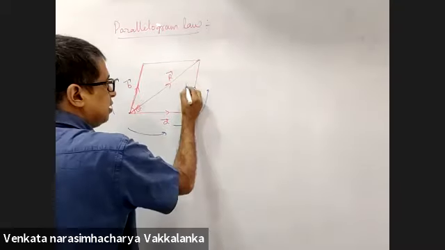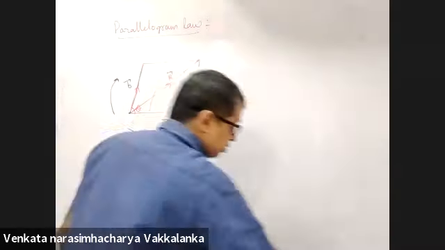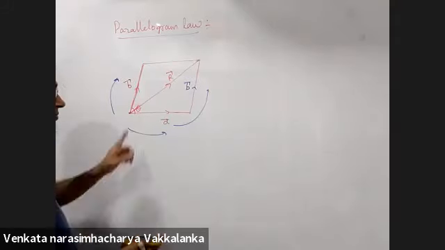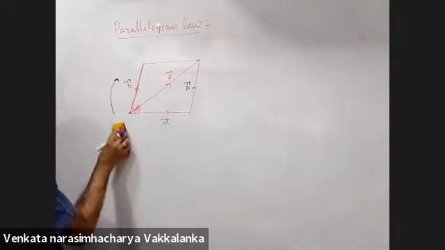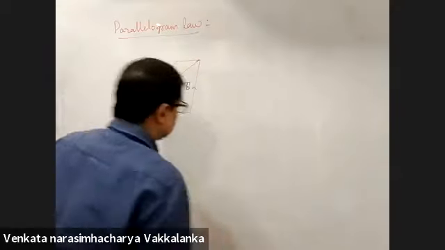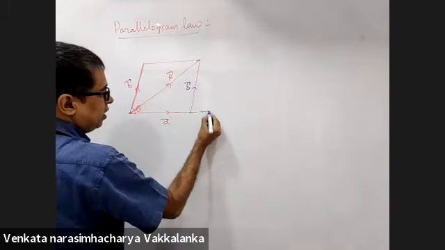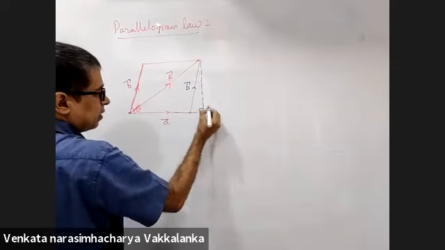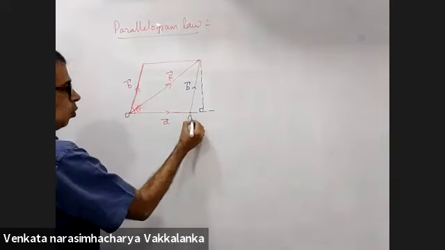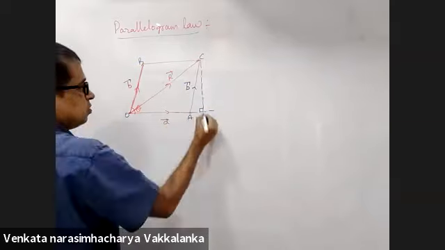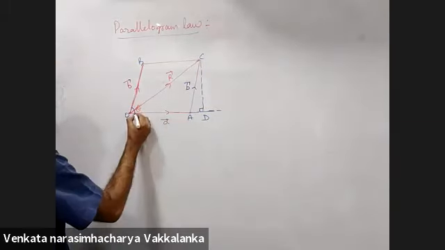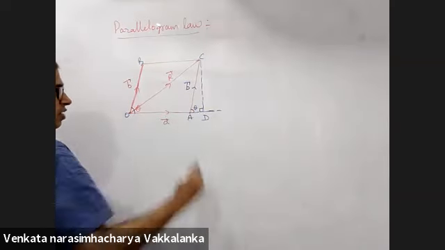But what is the advantage? Why are you making us do it this way? We already know the triangle law where A and B, the resultant is R. There is an advantage. The advantage is like this. Extend this and drop a perpendicular here. All this O, A, B, C, D. If this angle is theta, this angle is theta.